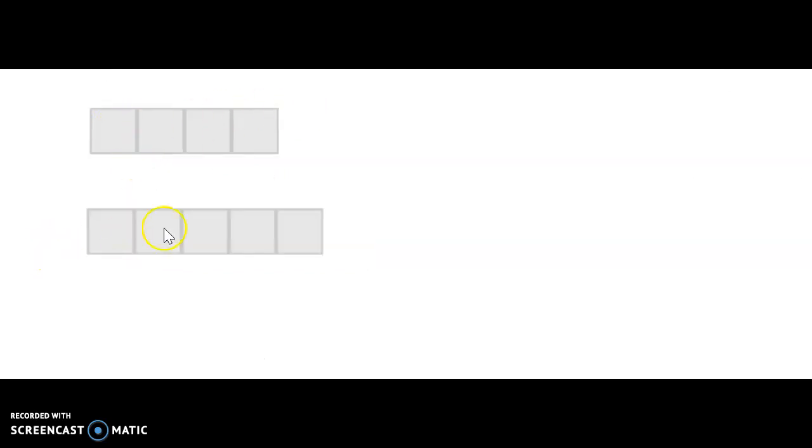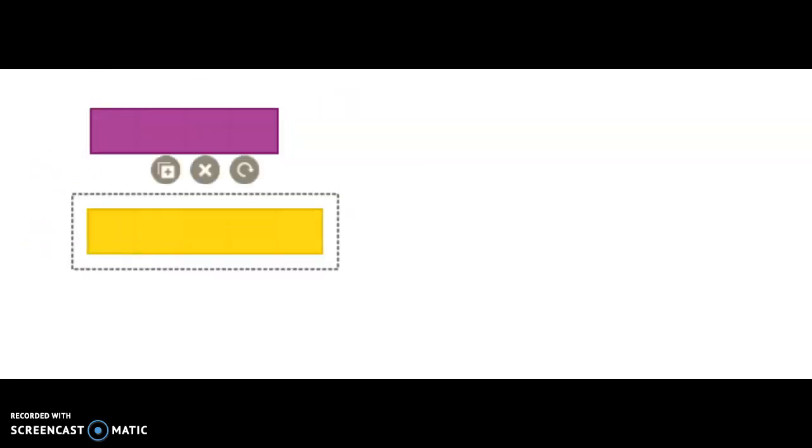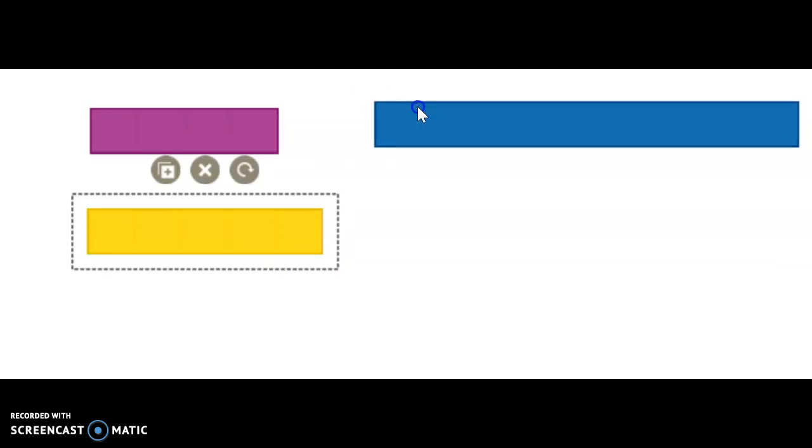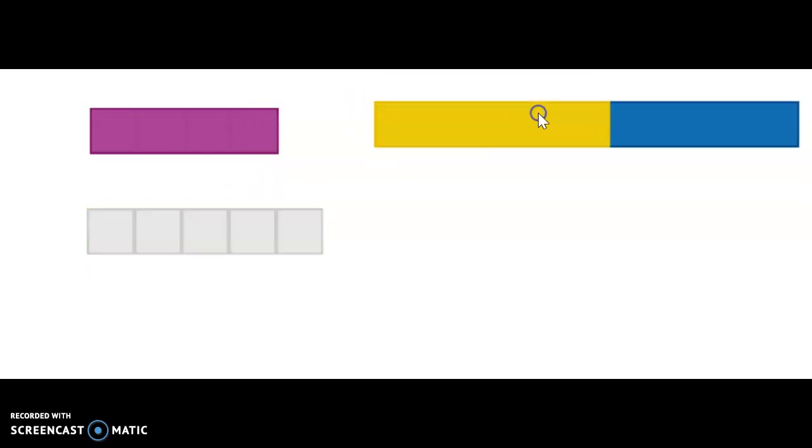So here we have our 4, here we have our 5. So I'm going to replace this with a 4 and replace this with 5. And when we add these two together, it comes out to 9. Okay, so when we take our 4 and our 5 together, it comes out with 9. Well, now what we want to do is how many times does 9 go into